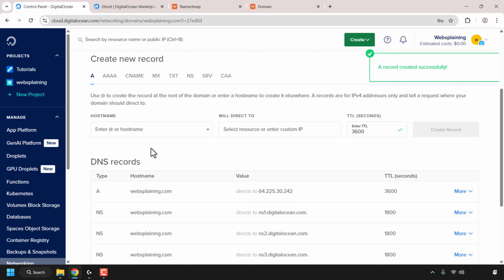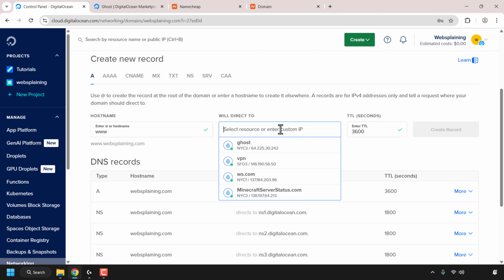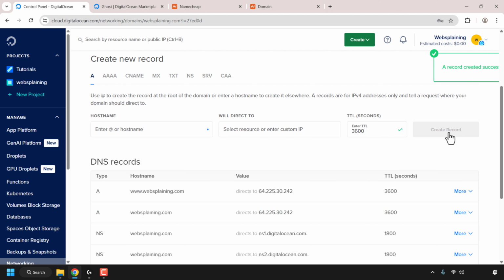Now if you want a subdomain name like www. then click on this box and type www, and as you can see, www.websplaining.com will direct to. Again, click on the IP address of your Ghost droplet and then click on create record. Essentially, in this hostname box here, whatever the hostname you want to access your Ghost blogging website on, you'll need to put it in here. So for example, if I wanted test.websplaining.com, then that's where my Ghost website will be accessed on. So I'm just going to delete what I've just typed in here as I'm not going to add this A